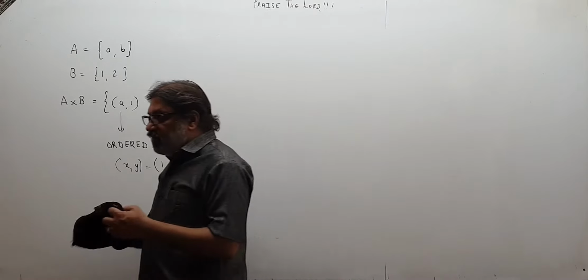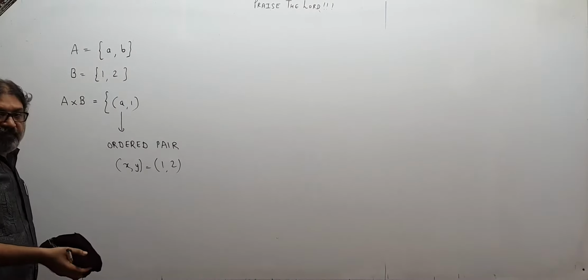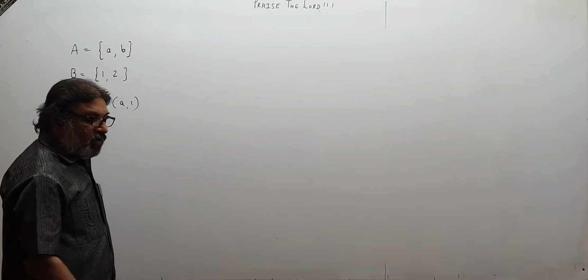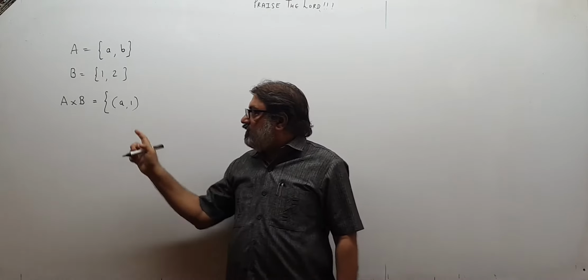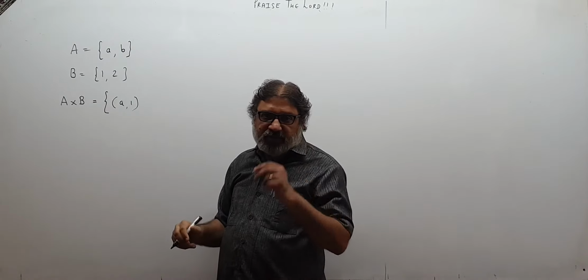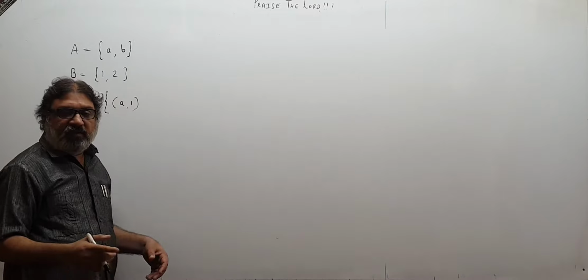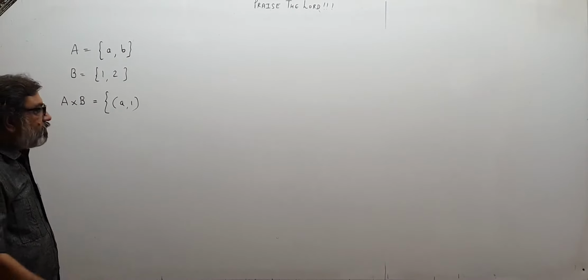So what is the meaning of this ordered pair? What is the geometric meaning? I told you it is nothing but an ordered pair, and ordered pair means the order is important. The first will be always the x and the second will be always the y coordinate. The first element will come from A and the second element will come from B. Order is important. Therefore, ordered pair, pair means two. There are two elements, a and 1. Therefore, an ordered pair because a is first, 1 is second.